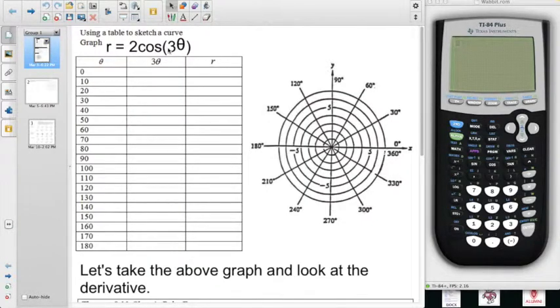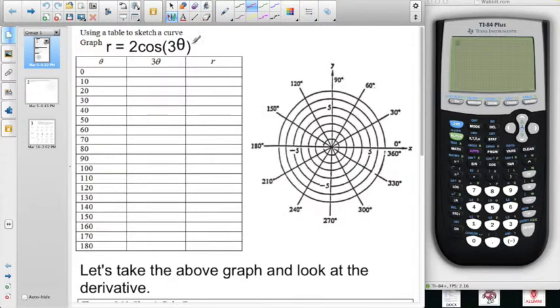But we have this 3 in here, so we've got to figure out what that 3 does to our circle. The first thing is, if we go through the first 180 degrees, let's figure out what 3 times each one of those degree measures is. So 3 times 0 is 0, and then we have 30, 60, and 90. I'm just multiplying each of these by 3: 120, 150, 180,